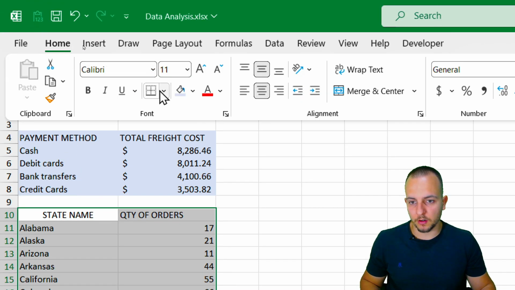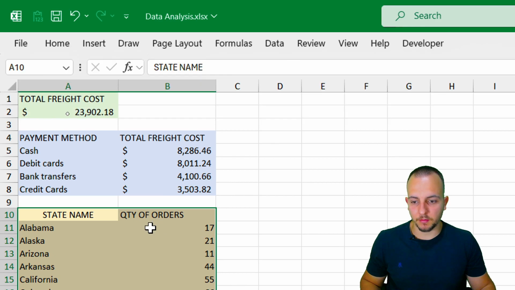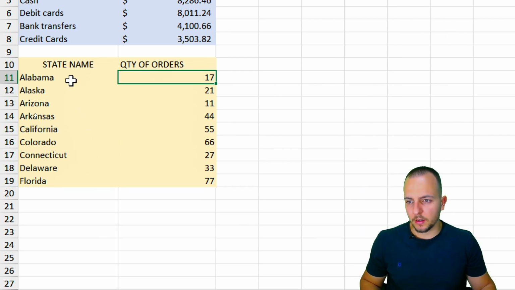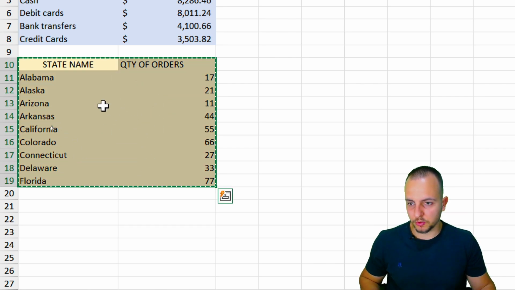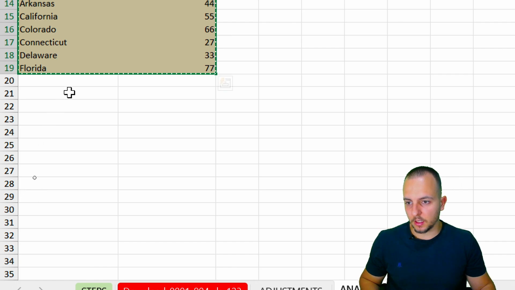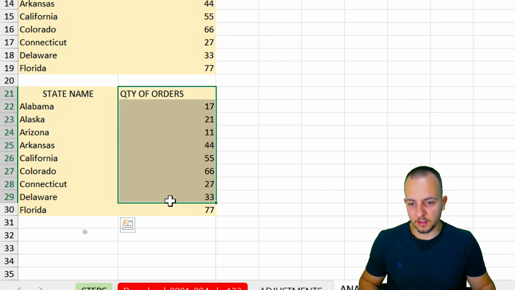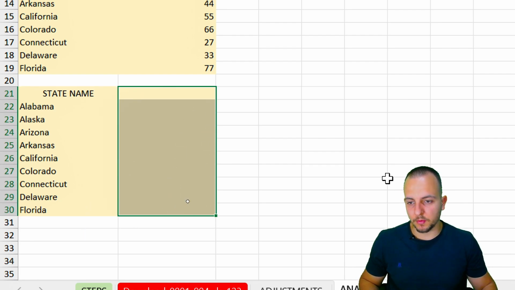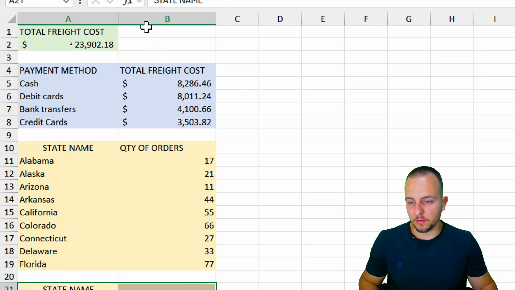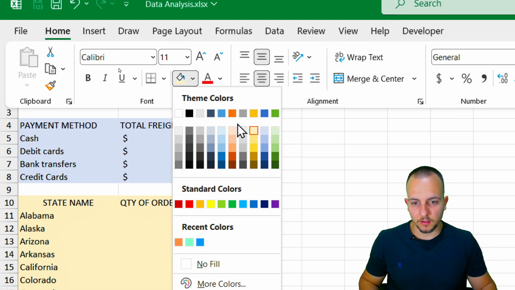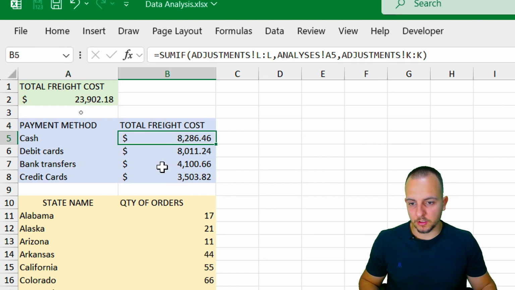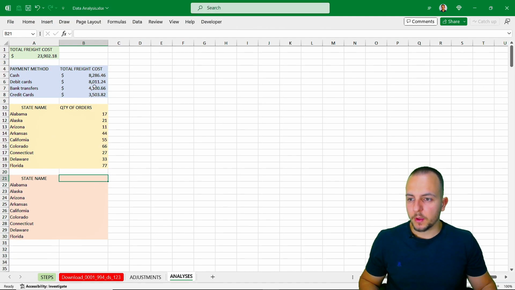Let me use another color here, such as yellow, for example. And now that we already have this third analysis, I can basically copy everything here, Control C, and in the row underneath it, Control V, because I'm gonna use the states names again. So that way it's easier, you know? And this one, because it's gonna be our fourth analysis, I can use a different color here, such as maybe orange. Okay, yeah. Now we have the total freight cost, the total freight cost per payment method, the quantity of orders,